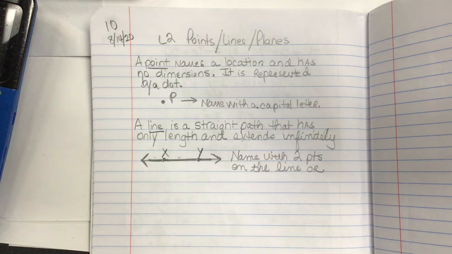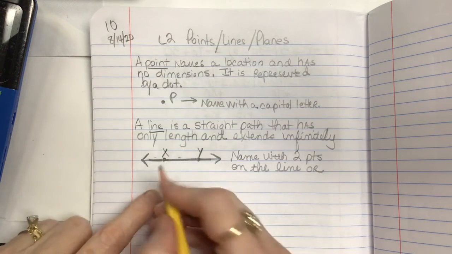Now, as it is, this line has 2 names, and in just a minute it's going to have another name, but it's still the same line we're talking about. That baby is still who we're talking about. So, in this one, here's how you do it. You have to name 2 points on the line. So I'm going to put X, Y,